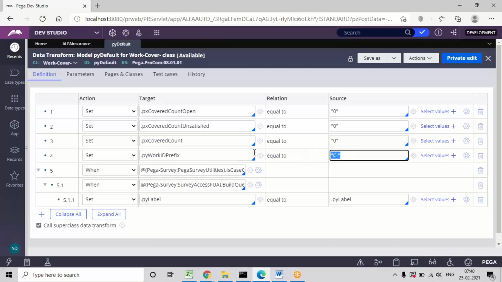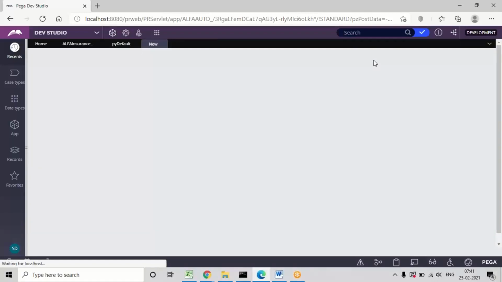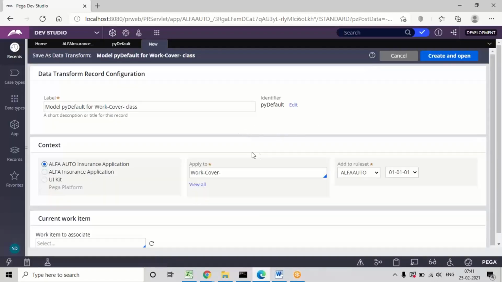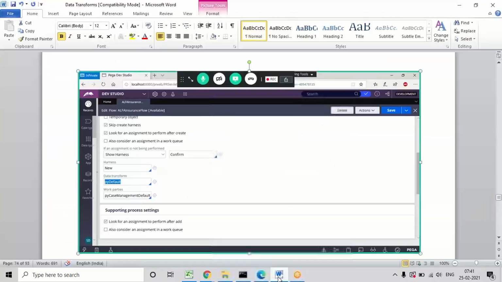But if you want to customize any built-in rules, you need to use the save as option. So click on save as, because directly in the same rule I cannot customize. If you use the save as option, it will move to your rule set version. What rule set versioning is, you'll understand in the next classes. You need to use save as because the built-in rules will be in lock mode, and in lock mode we cannot customize the rules directly. No need to update anything, just click on open. Now we can customize this.